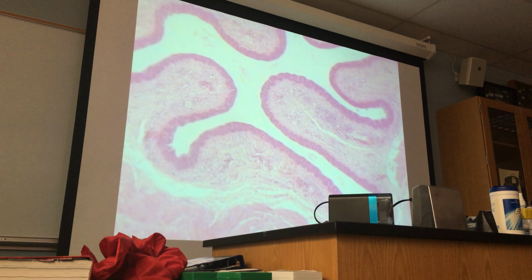Simple epithelium is formed of only a single layer of cells, and stratified means two or more layers are there. Okay? So here you see this stratified squamous epithelium, and the variety of stratified squamous epithelium, non-keratinized,